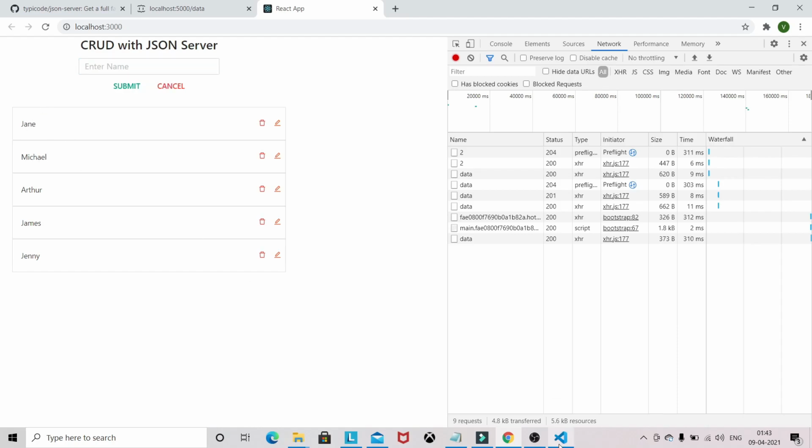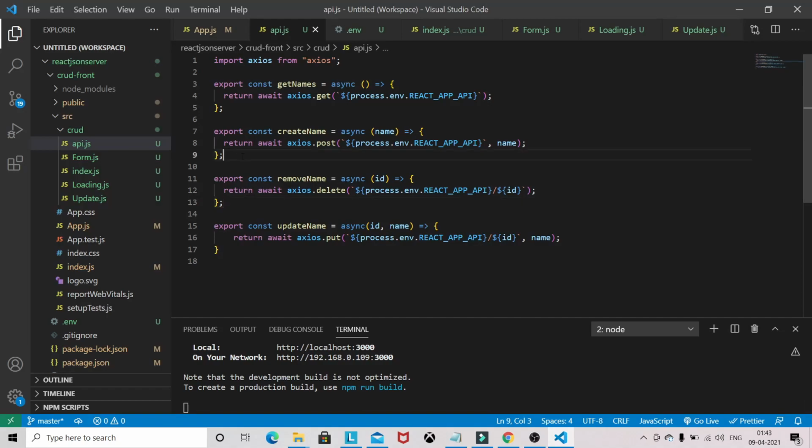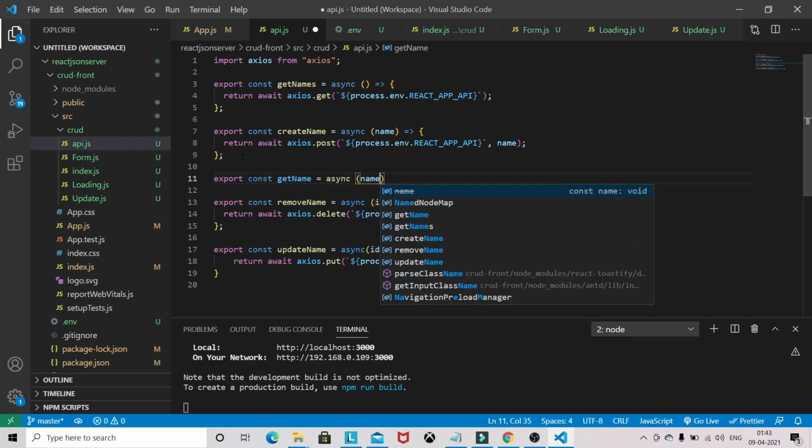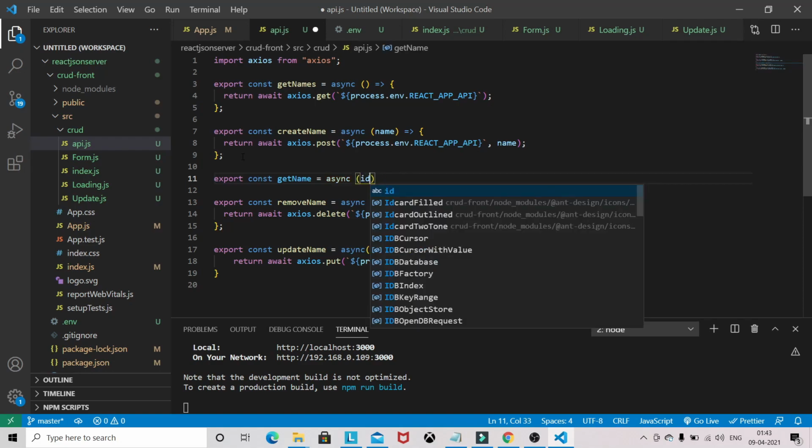So for that we need that API to return the single user based on the ID. So we have to write the route for that as well. So this will return the single name whenever we pass the ID.